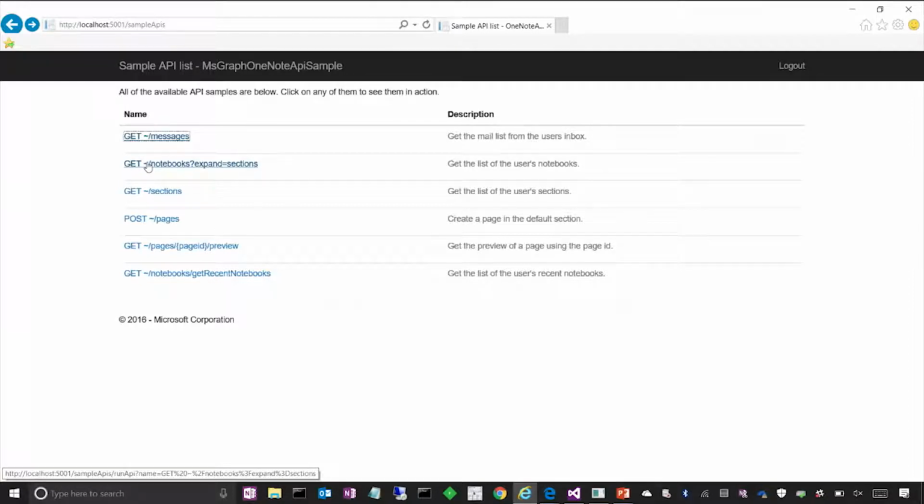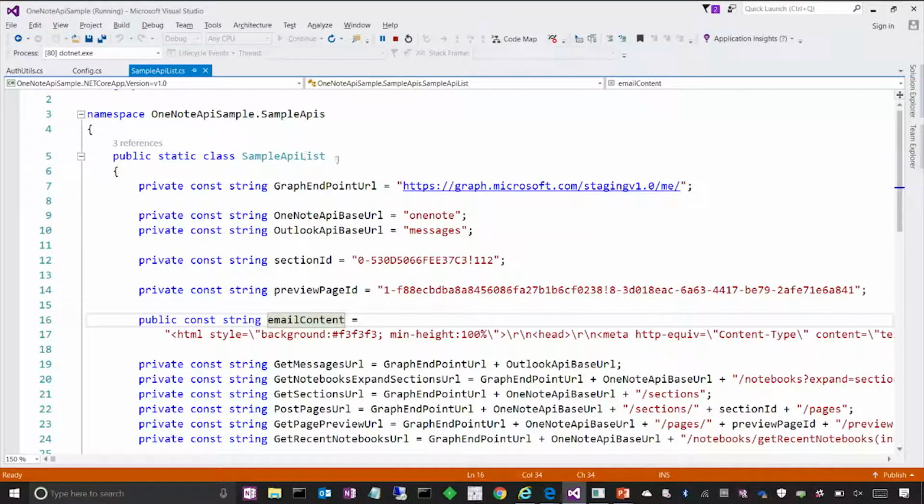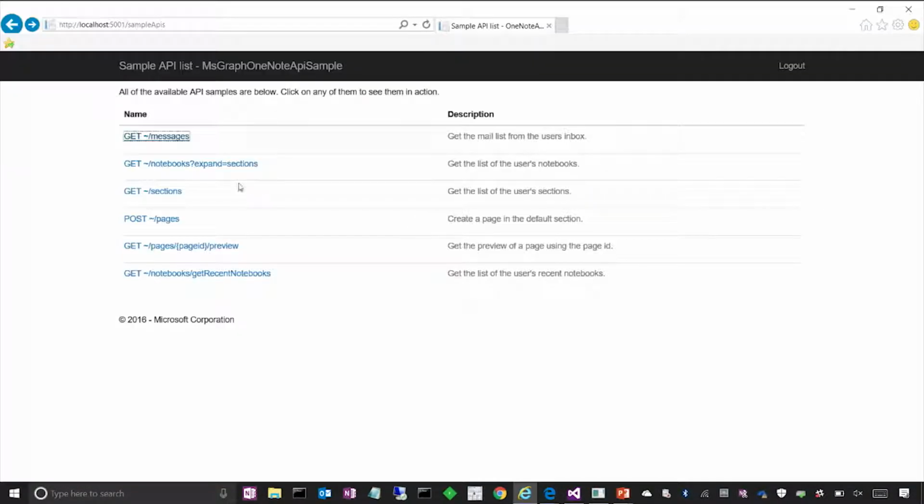Before that, let's take a look at the request URL. It's this Graph endpoint appended by the OneNote segment appended by the notebooks segment. I also have a filter, expand equals sections, which will enable me to retrieve sections within the notebooks in the same response. So I'll click on the link